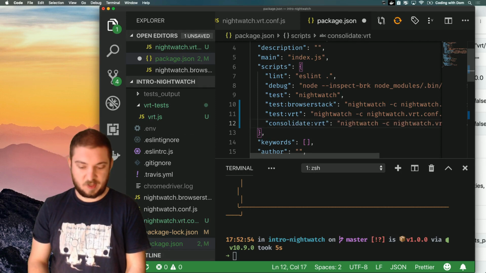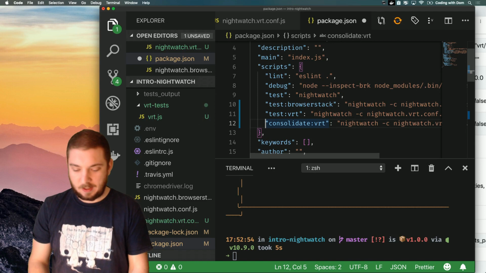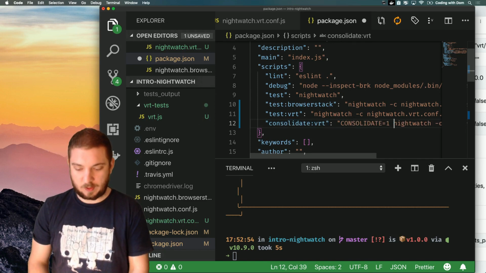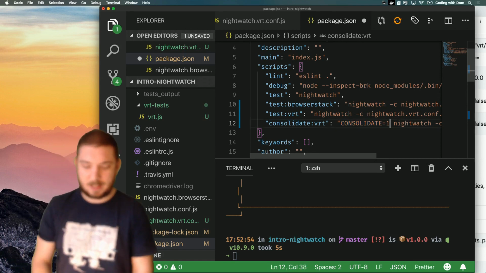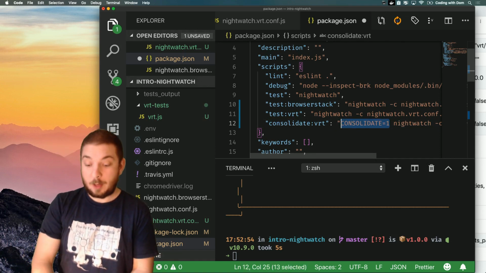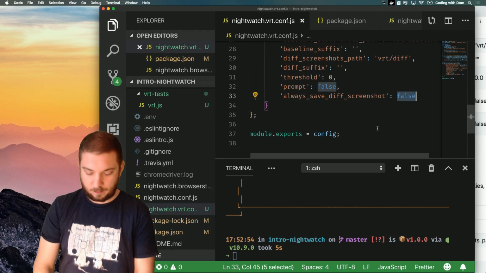Consolidate VRT. I'm not sure whether that's the best naming, but we're going with that. So what we're going to do is consolidate equals 1. Basically, I'm setting an environment variable before I start running the test. So by doing this, I can then say